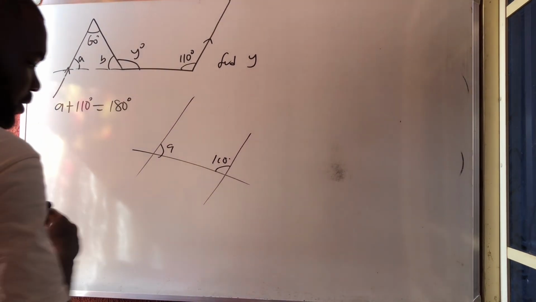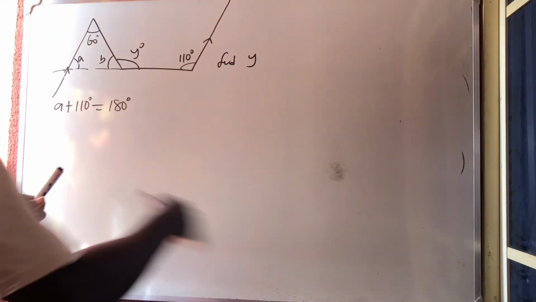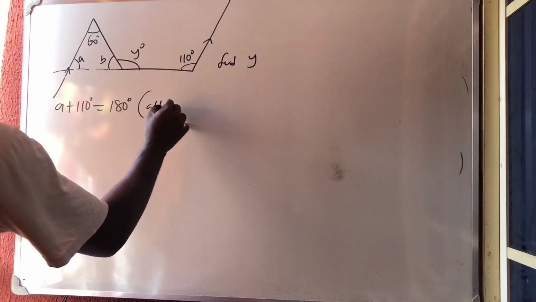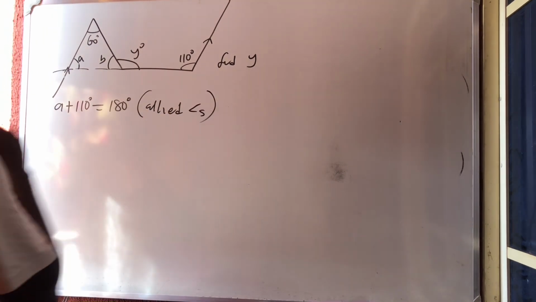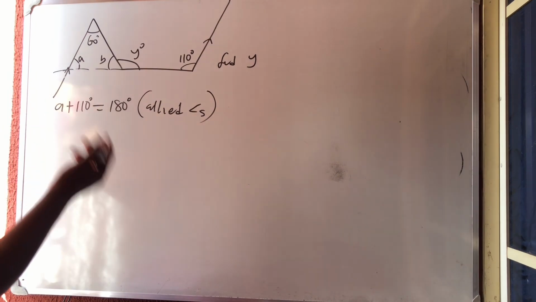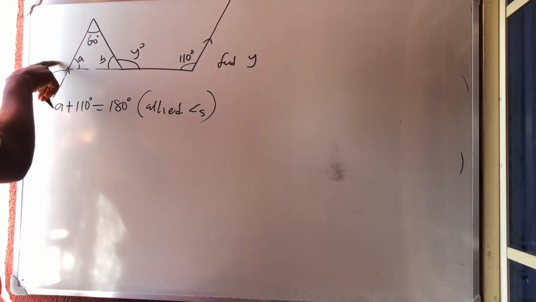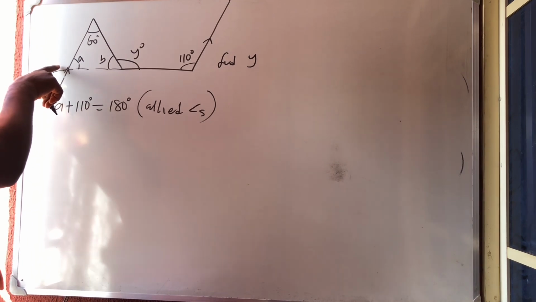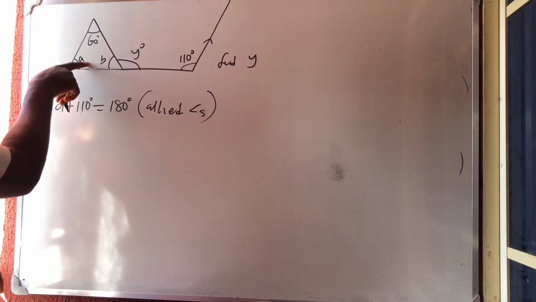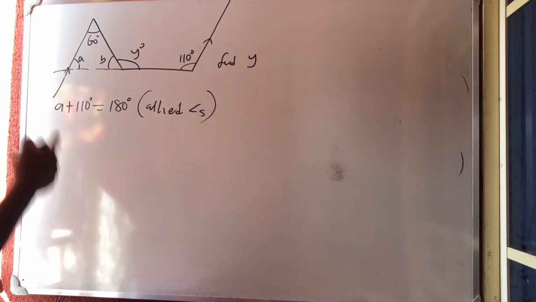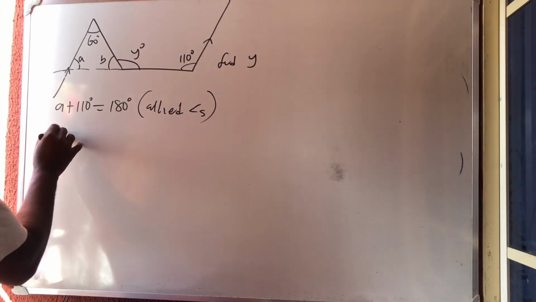And my reason is what? Allied angles. Okay, so since they are allied, or if you don't want to use allied, you can say that on top of this place is equal to on top of this place, corresponding angle. Then you now do 180 minus here to give you here, angle on a straight line. If you cannot remember allied angles, so therefore A is equal to